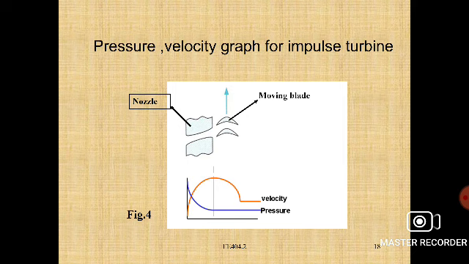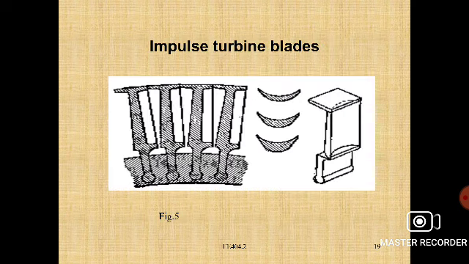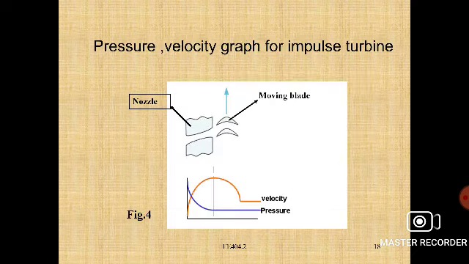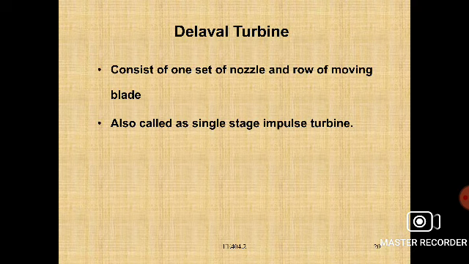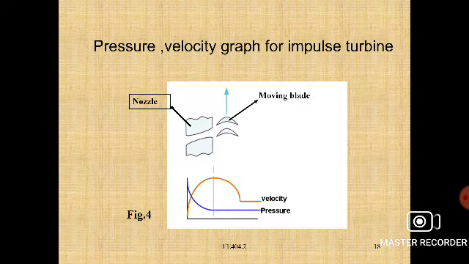Whenever the velocity is low when supplying steam from the boiler to the turbine, it will gradually increase. So what will happen? It gradually increases, right? This is the impulse turbine, right? This is the example of the De Laval turbine. So the De Laval turbine is an impulse turbine.